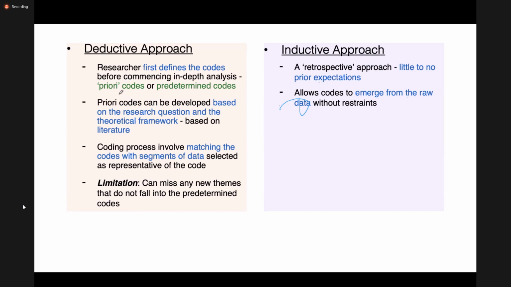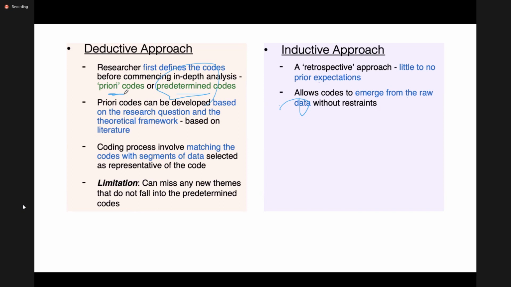In that case, we could have started our analysis with a list of predetermined codes or a priori codes. So now we have a potential list of barriers from literature, and we can check to see if any of those barriers have been mentioned in our data.